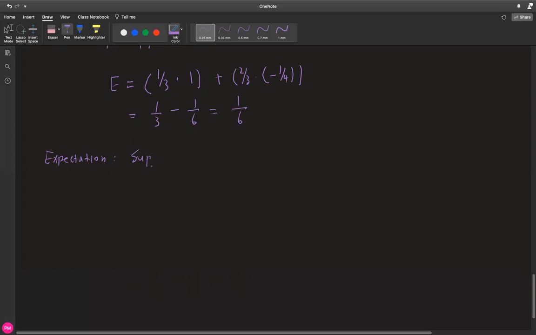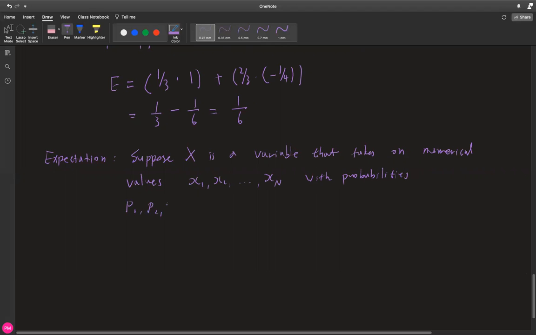So suppose X is a variable that takes on numerical values X1, X2, all the way up to Xn with probabilities P1, P2, all the way up to P sub n.